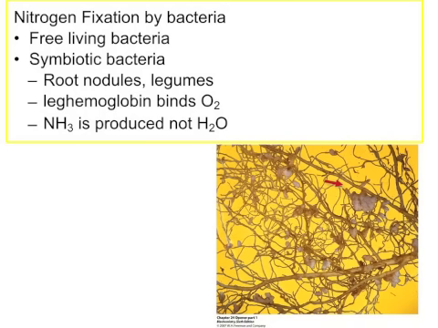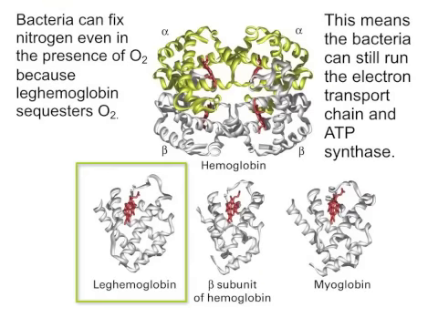Now, this whole process of incorporating nitrogen is very sensitive to oxygen, and so oxygen must be kept out of the system. The sequestering of oxygen ensures that side reactions, such as the production of water, do not occur. Leghemoglobin sequesters oxygen. If you recall, leghemoglobin is a homologue of the beta subunit of hemoglobin and of myoglobin. The presence of this homologue means that the bacteria can still run the electron transport chain without endangering the